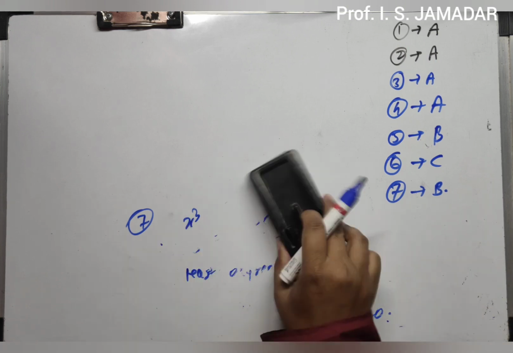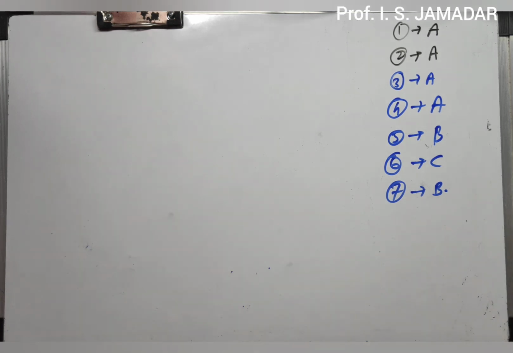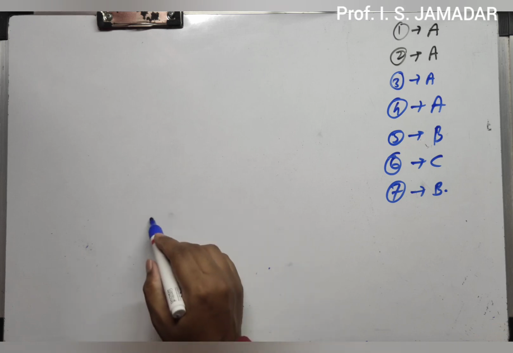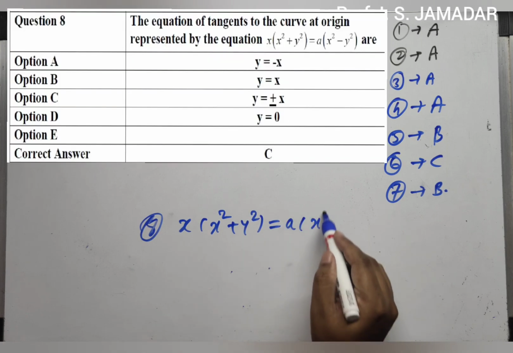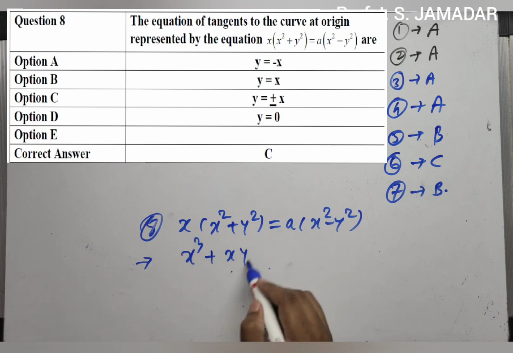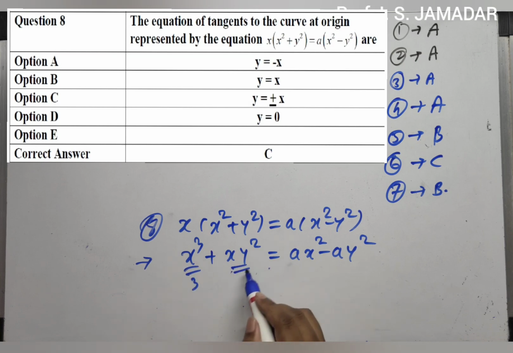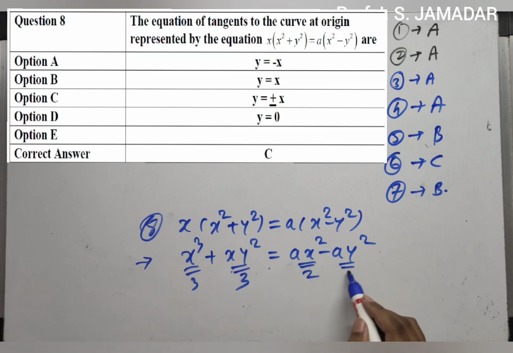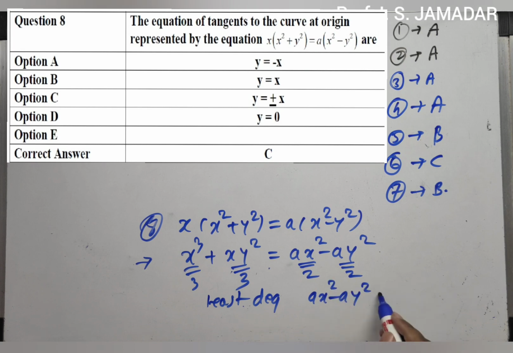Okay, let's go for question number 8. The equation of tangent to the curve at origin represented by the equation x into x² plus y² is equal to a into x² minus y². Do the multiplication, it is x³ plus xy² is equal to ax² minus ay². This is degree 3, this is also degree 3, this is degree 2, and this is degree 2. So the least degree term is